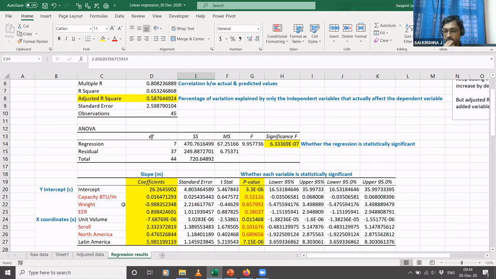Okay, so why do they do that? Because this is a very, very simple case that I told you, right? We have a set of, let's say, some 6 or 7 variables over here, and you can just read the variables and say these are the only 2 important variables, and I will just take these 2 in my equation. But there are certain instances where there could be a huge amount of data and a very large number of variables. In those cases, what people typically do is look at the p-value against each of the variables, and they perform multiple iterations by taking out the variables which have a high p-value.